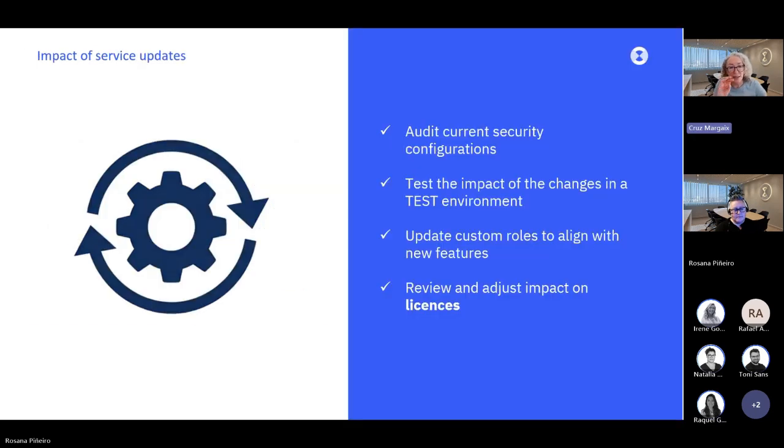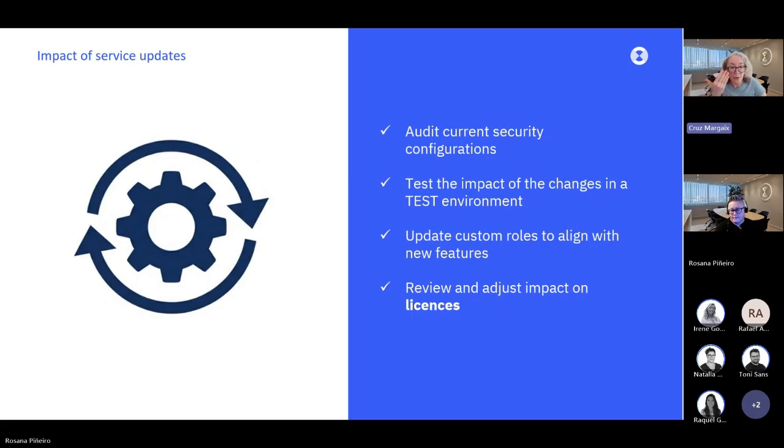Something that's also key for security, but now it's even more critical because of the license and the cost that they imply, is to review the licenses and the security assignment for every service update. Every service update will add new objects to the system, and potentially can add new security artifacts.